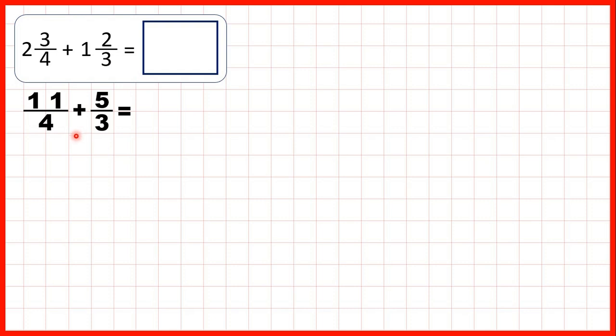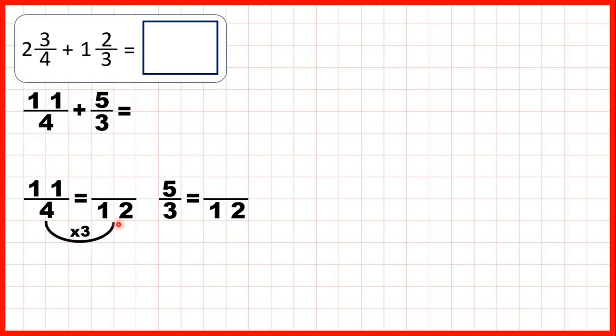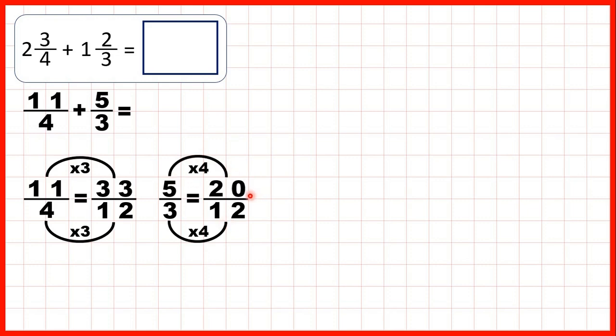The lowest common multiple of 4 and 3 is 12, so we can find equivalent fractions to 11/4 and to 5/3, which both have a denominator of 12. 4 times 3 is 12, 11 times 3 is 33, 3 times 4 is 12, and 5 times 4 is 20. So instead of 11 quarters, we can rewrite our question with 33 twelfths, and instead of adding 5 thirds, we can add 20 twelfths. So now we have a common denominator, so that stays the same in our answer, and